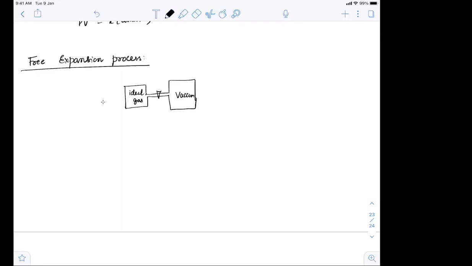We have vacuum here. Okay, and this entire system, imagine, is kept in some kind of a container, where it is isolated. Maybe I took some water to maintain the constant temperature. So there is no heat that is given to this ideal gas. Now the minute I open it, what would happen? Ideal gas will start moving into the vacuum space.